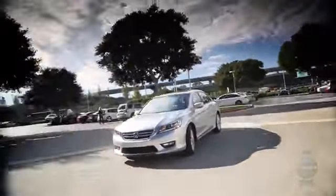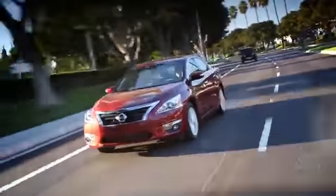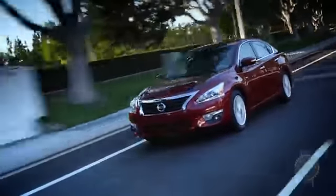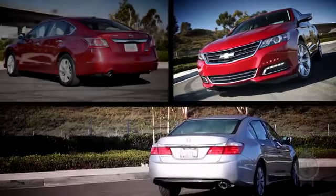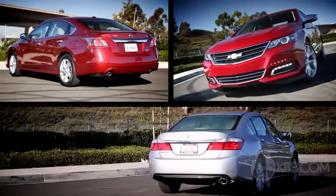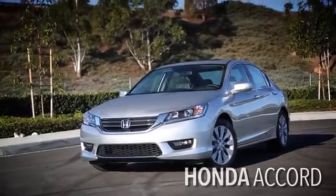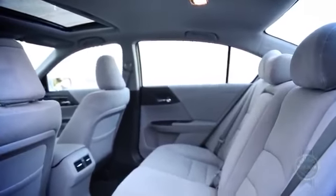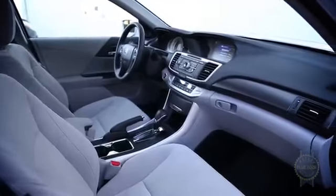Sedans might seem at a disadvantage compared to SUVs and minivans, but plenty of families appreciate the manageable size, value, and driving dynamics afforded by the humble sedan. That might explain why more sedans are sold in America than any other kind of vehicle. Among the sedans we tested, the Chevrolet Impala, Honda Accord, and Nissan Altima got the nod from our editorial team. As a mid-sized competitor, the Accord can do no wrong. Actually, it annoyingly lacks a split-folding rear seat, but otherwise the Accord drives great, offers good legroom, and returns laudable